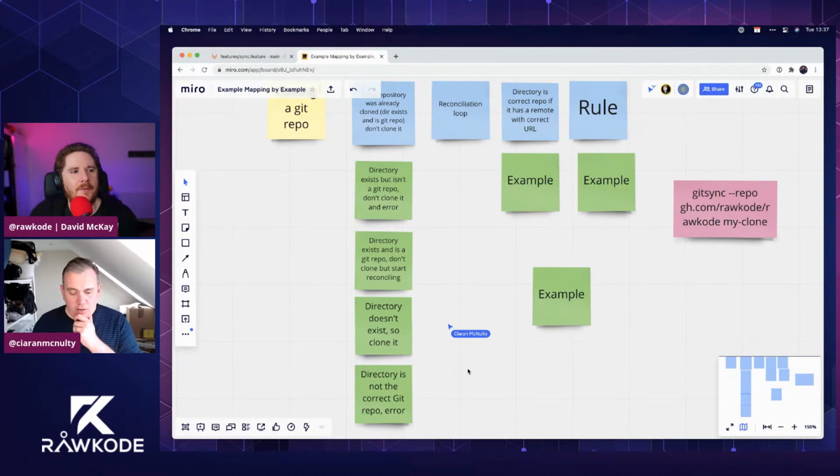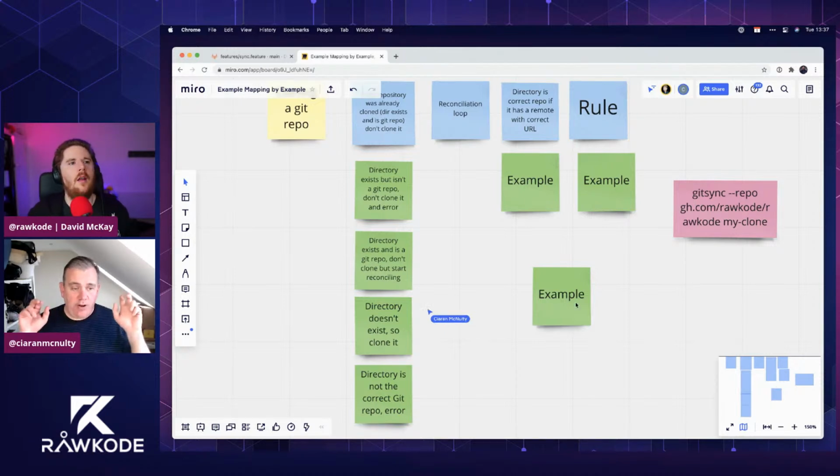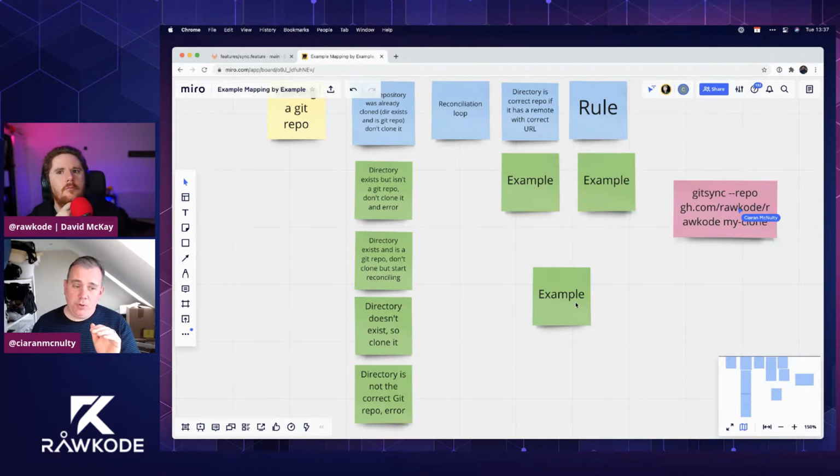So this bit about this rule about what makes it a correct remote. So we've got this concept of it's not the correct repo. And from your little sticky there, we could go into what makes it the correct repo, and whether to dive into that in example mapping is something where you sort of read the room. So if that's something only the devs are interested in,